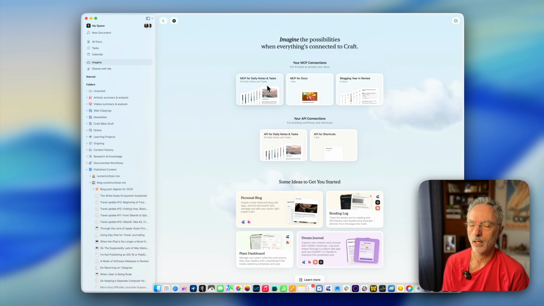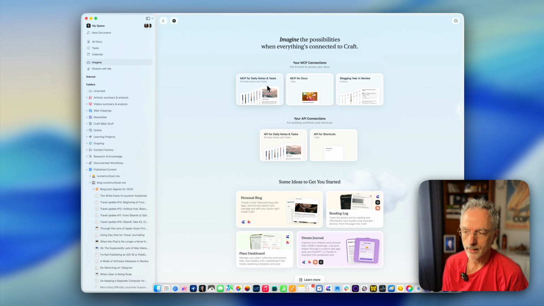And the other thing is that the time to process information can be rather long and will consume credits on your Claude side, because this is where the processing is happening, which means that the credits on the Craft side are not consumed by this connection, because it is not Craft doing the AI processing, but the Claude side of the equation that is doing the processing.